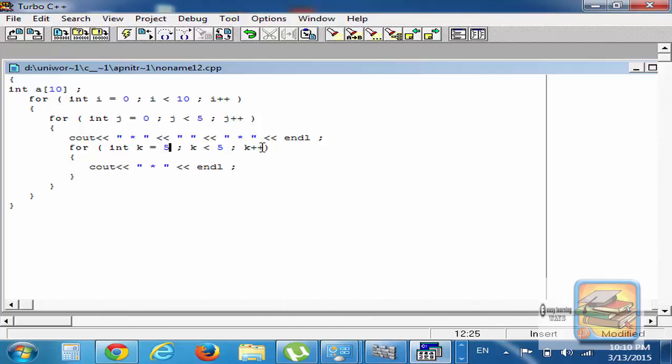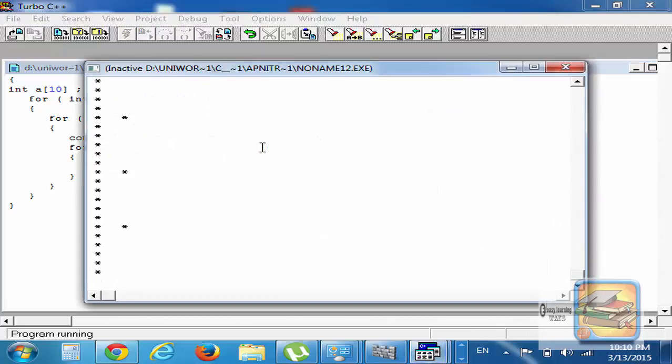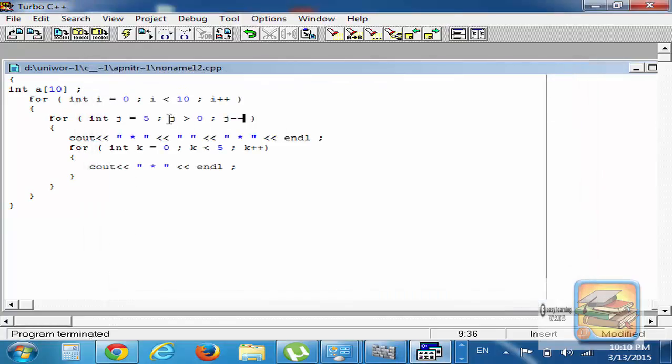Less than 5 starting from 0, but this j is starting from 5 and going till greater than 0, with minus minus. See, same pattern. But what if I started from I,